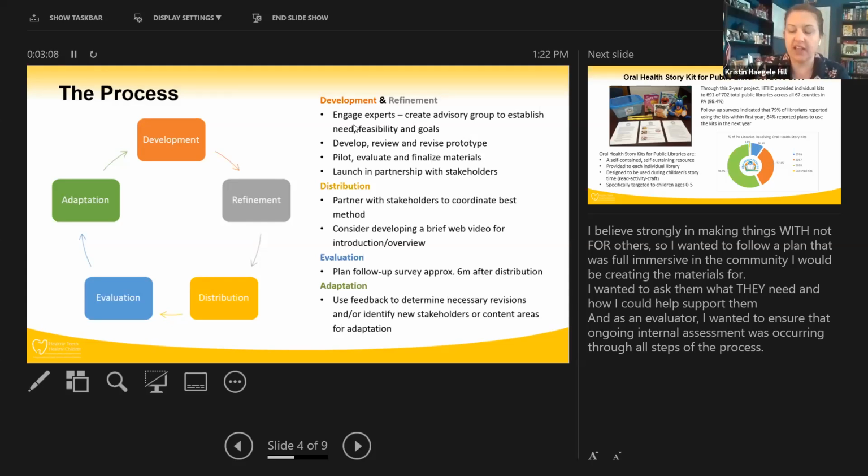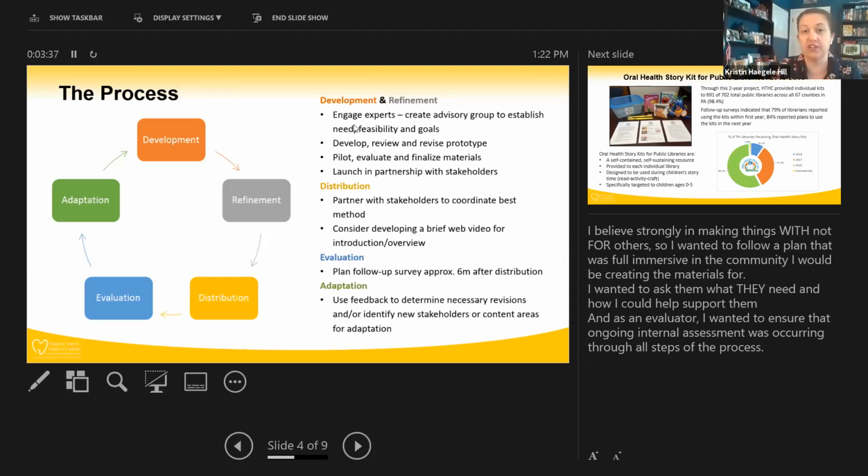We've always had a development of a prototype process with that advisory group. And then we've done at least one pilot project. I personally prefer to do 2 pilots. I think a small pilot to start with, like a one-on-one, has worked well with our libraries, and with our home visitor kits we did it with one Nurse-Family Partnership agency to get that direct user feedback. And then I like to go to a second pilot that's an expanded pilot that really focuses on